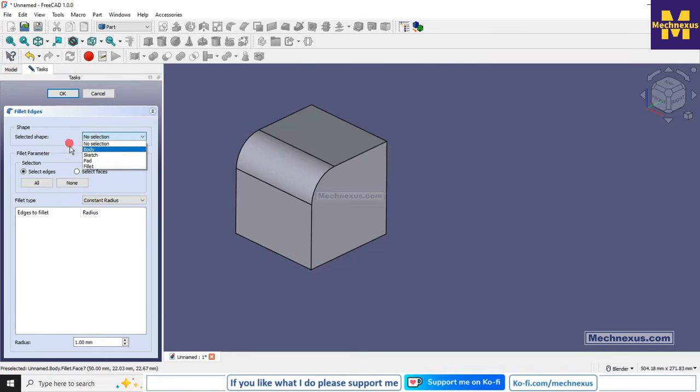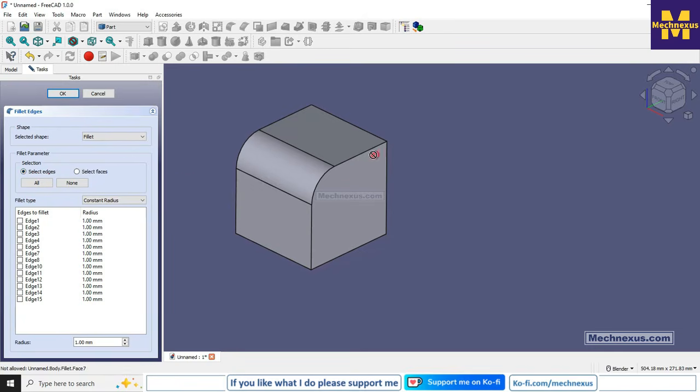So our last feature is a fillet, so we will select it and you can see that all the edges get highlighted here. Now let's see this option, select edges, and select this edge, and instead of a